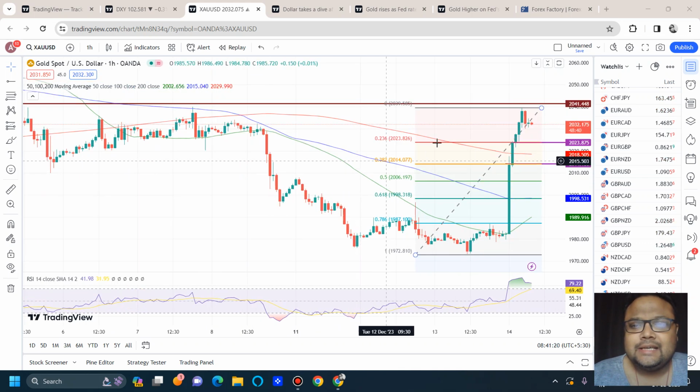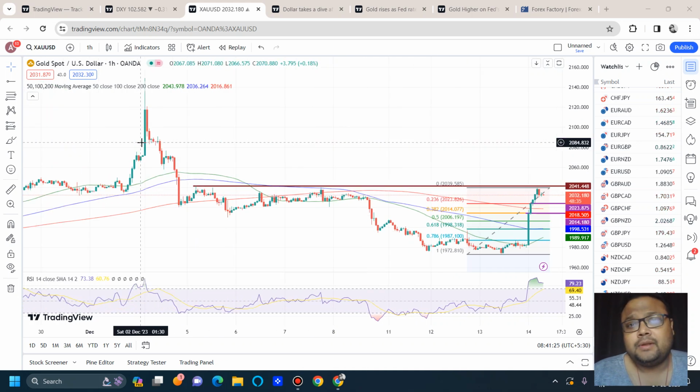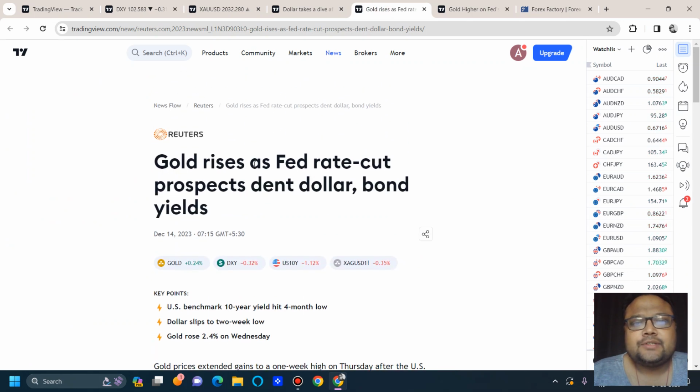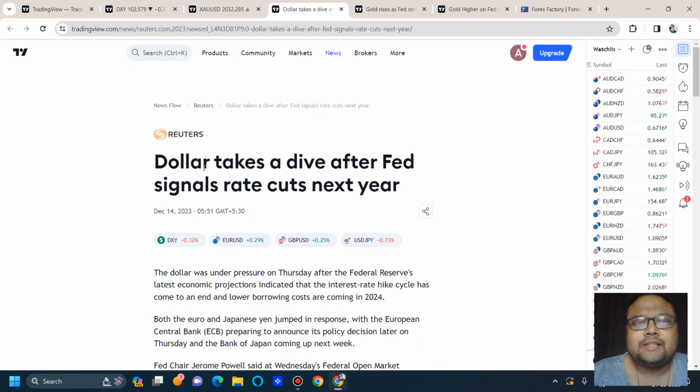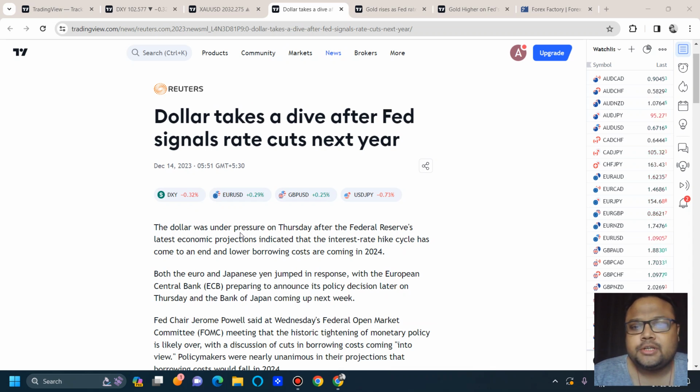So we can clearly see that market is going for a trend reversal right now, and the trend of the market has also changed. You can see gold rises as Fed rate cut prospects dent dollar bond yields. Gold higher on Fed's pivot towards lowering rates. Dollar takes a dive after Fed signals rate cuts next year. Dollar was under pressure on Thursday after the Federal Reserve's latest economic projections indicated that the interest rates hike cycle has come to an end and lower borrowing costs are coming in